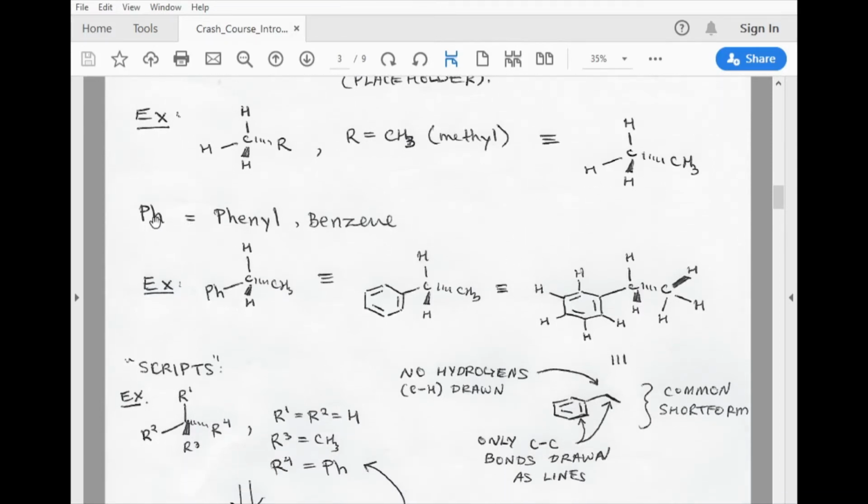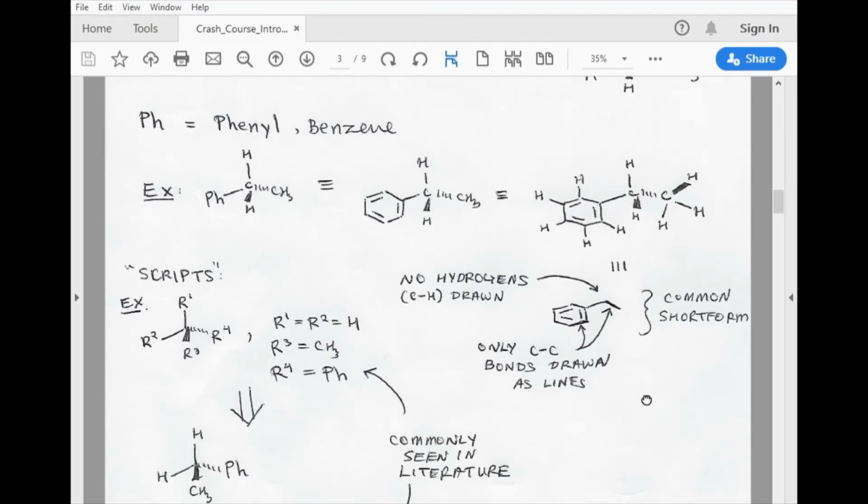We could have Ph, right? Phenyl or benzene. So if we were to say Ph is here, that would be equivalent to having a benzene ring as a substituent to this carbon tetrahedral center. You could also draw in all the carbon-hydrogen bonds,